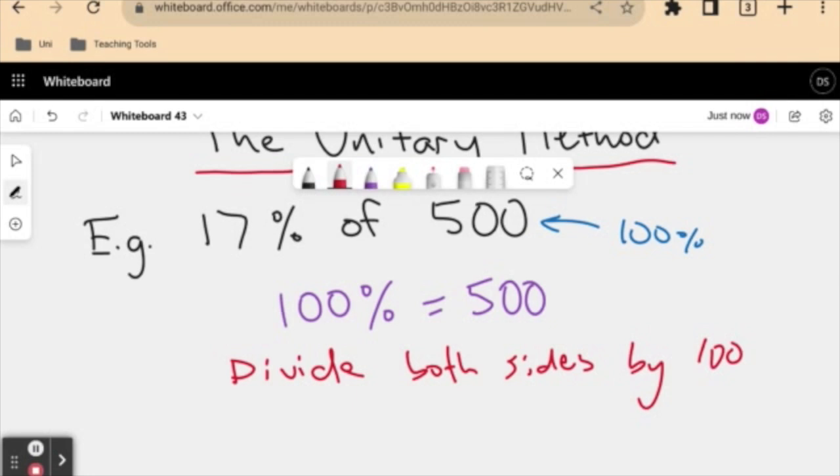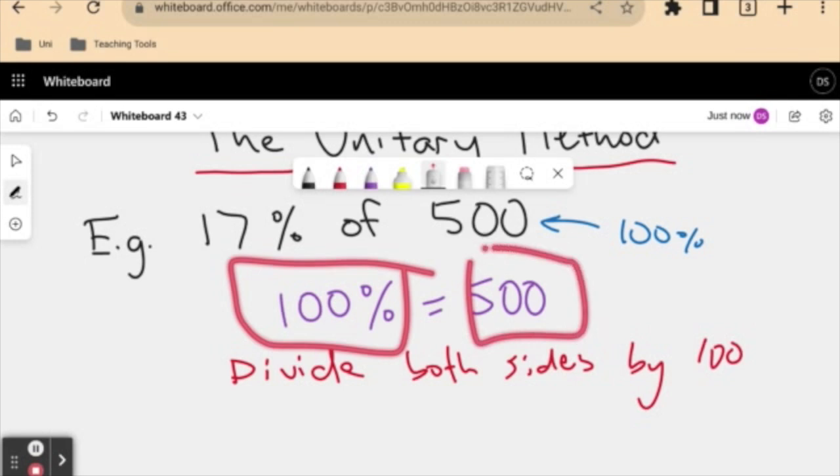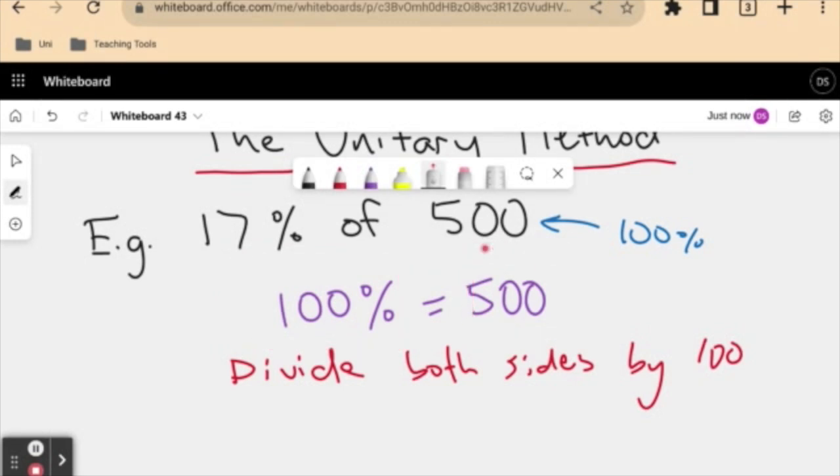Because dividing 100% by 100 will give me 1%. And from what we know about equations, whatever we do on one side, we have to do on the other side. So I'm going to divide both sides by 100, and that'll give me